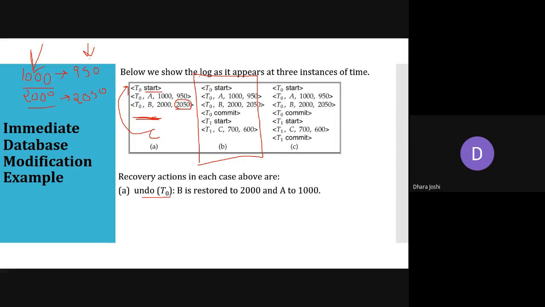Okay, Prithvi replied undo. Specifically, for transaction T0 it will be undo, or for transaction T1 it will be undo. T0. Okay, anyone else?